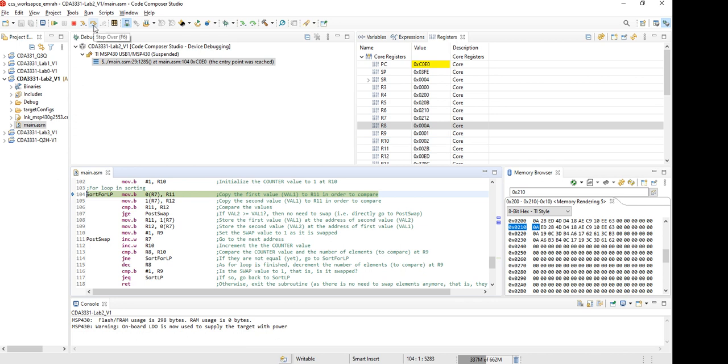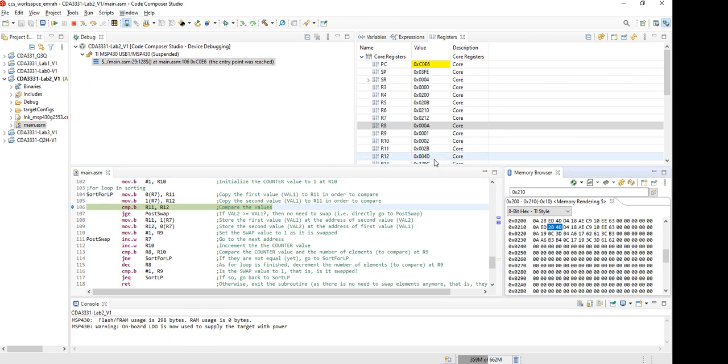So again, 2B and 4D will be compared. 2B is 43, 4D is 77, so there is no swapping here. I compare them and directly go to post swap because no swapping is needed. So I go to the next